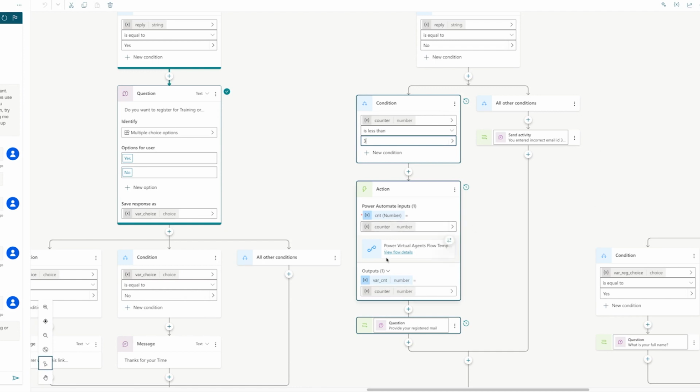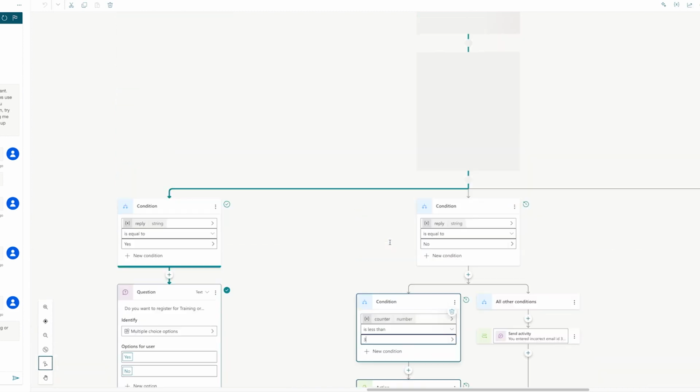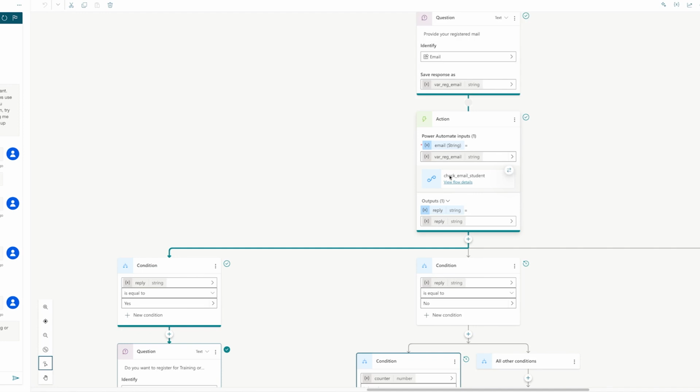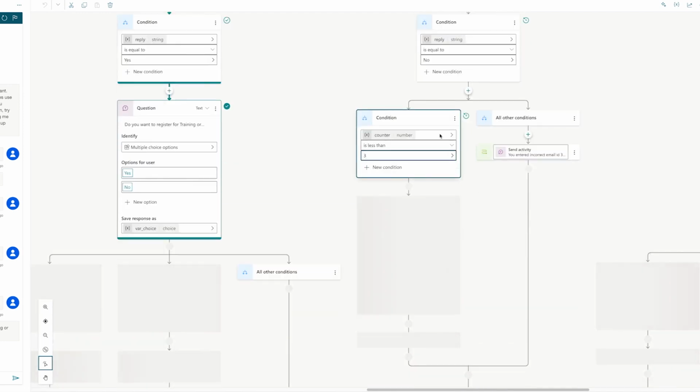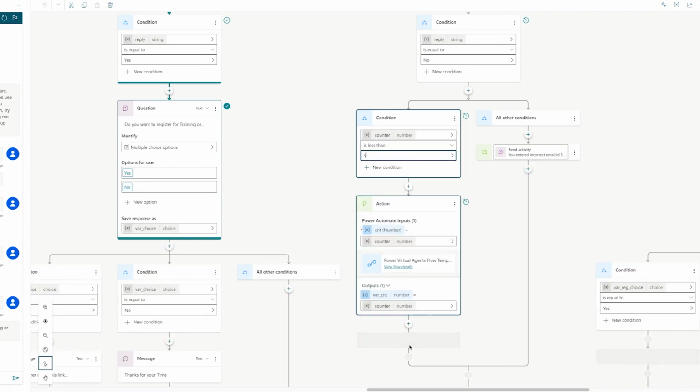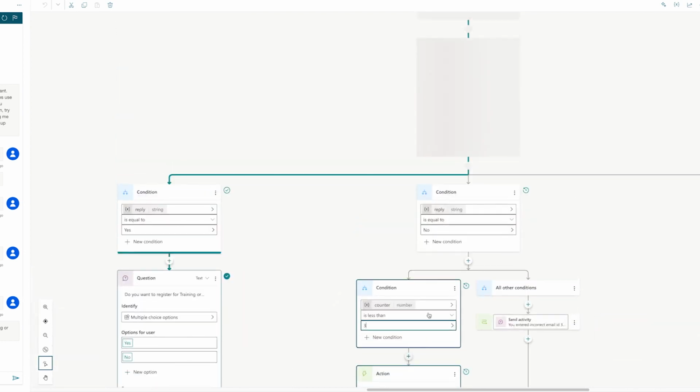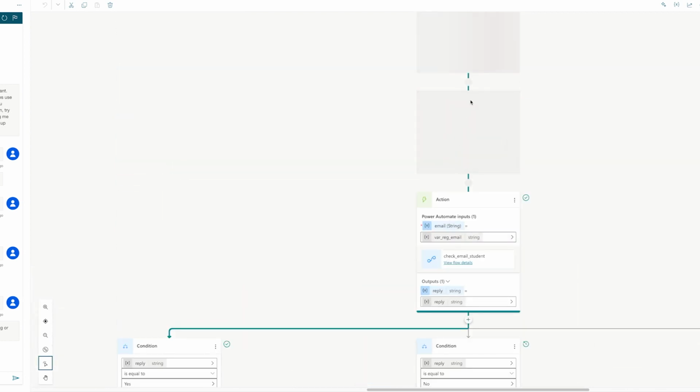Why? Because if you ask the first time, the email ID is not correct, again we are asking the same question. So see here, we are redirecting our flow to here again: please provide your registered email.